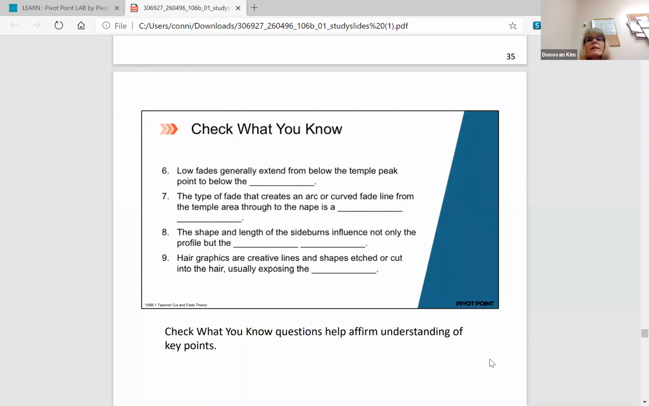Low fades generally extend from below the temple peak point to below the nape. I'd say occipital, probably is occipital. The type of fade that creates an arc or curved fade line from the temple area through the nape is